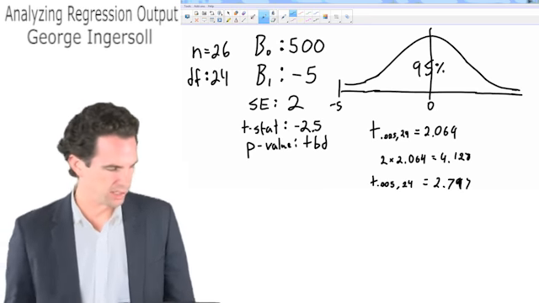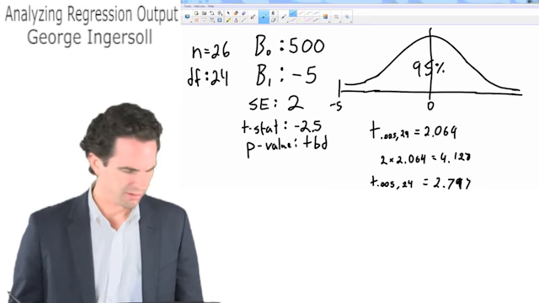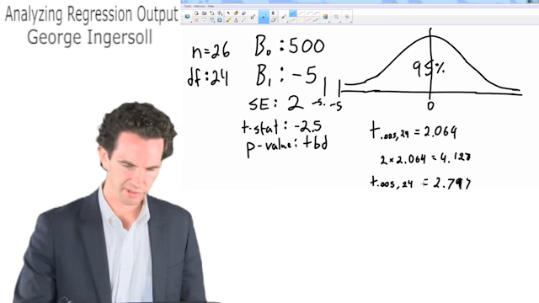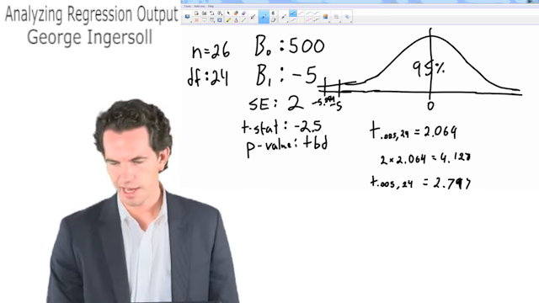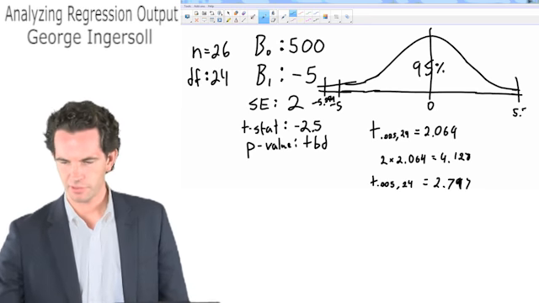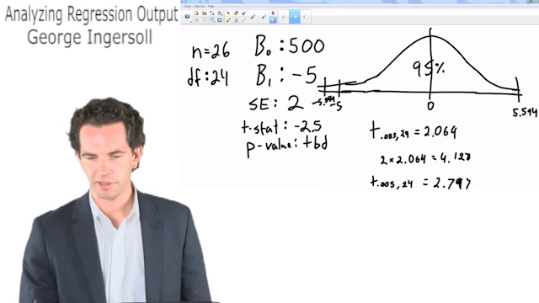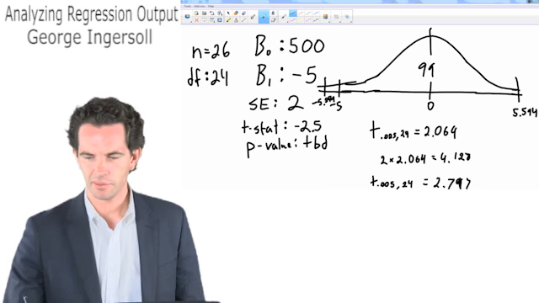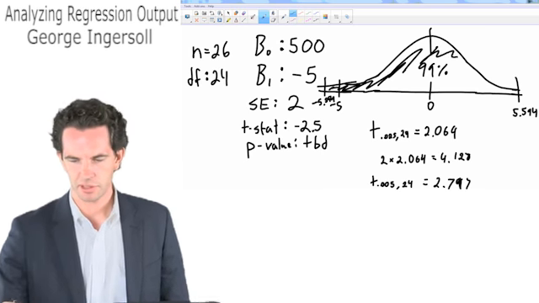Well, multiply that by 2, and we're at something like, I wrote this down, negative 5.594. All of a sudden, it's farther out, and up here at 5.594. And no longer are we dealing with 95% confidence. Now we're dealing with 99% confidence. All of this is encompassed,